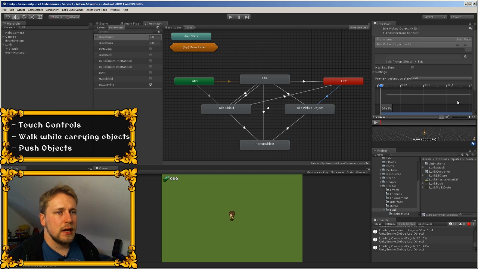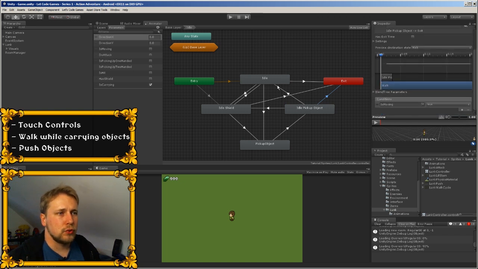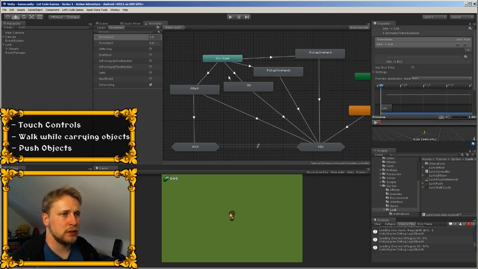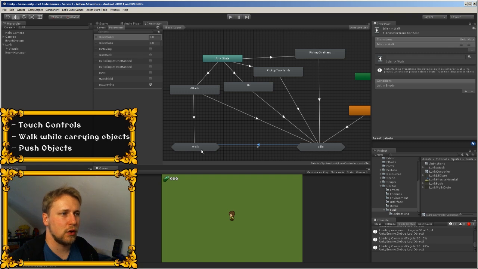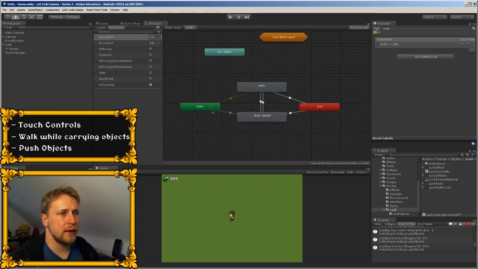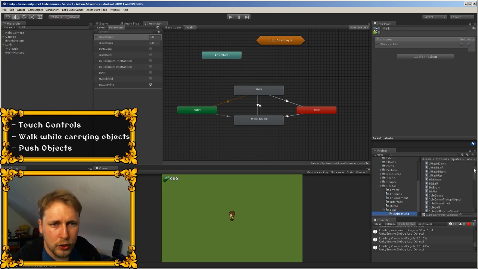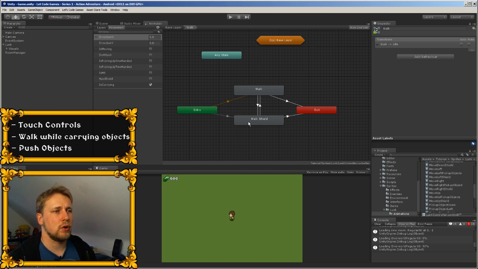Now we can see here, if isMoving is true, and that is happening for all 3 idle animations, we exit out of the state machine, and we're transitioning over to the walk state machine, which right now has the walk and the walk shield animation. And I want to add the walk pickup. I'm not sure how I called this animation. I have the move right pickup object. Okay, so I have walk shield, walk, and then we create a new blend tree,